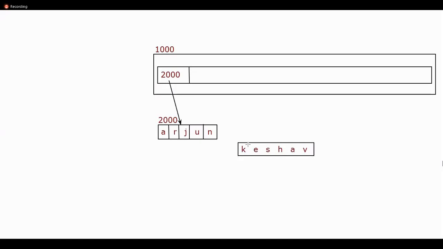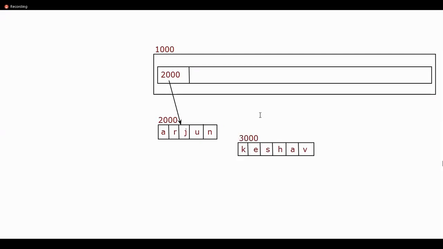And you also know how strings are allocated memory in Python. It is allocated as a collection of characters, where every character will have a dedicated location in the string object. Perfect, sir. Next, we see that Keshav's string object happens to be another brand new string object in memory. Naturally, a brand new address also has to be assigned to this object. Let us assume the address for Keshav's object happens to be 3000.